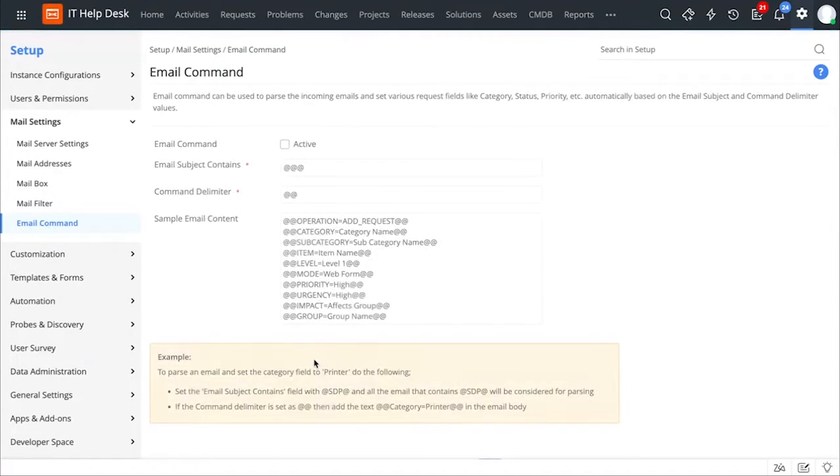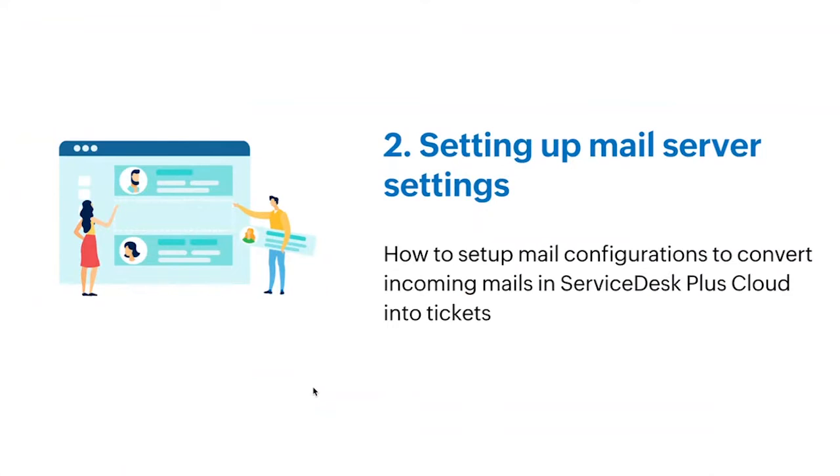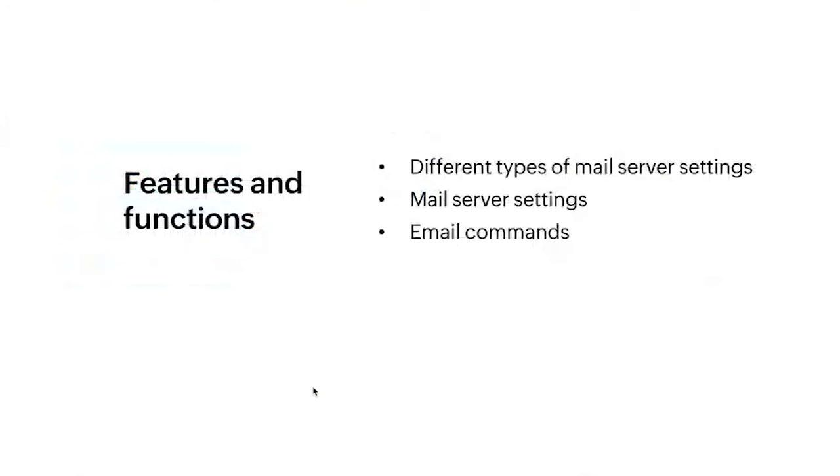Then, you can automatically fetch the data from your incoming emails for your ticket parameters. You can achieve this with the help of email commands. Email commands will parse information from your incoming emails to ensure that these details are mapped with the right ticket attributes automatically. Coming back, we saw how you can enable your mail server settings, and then we saw how you